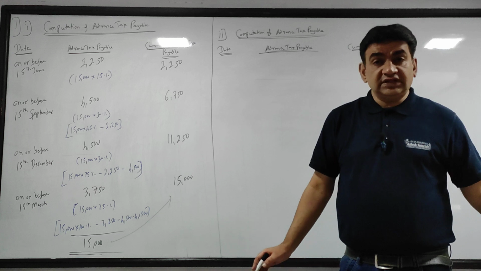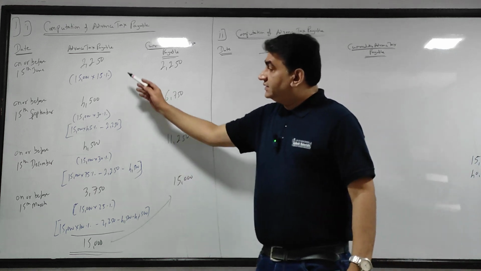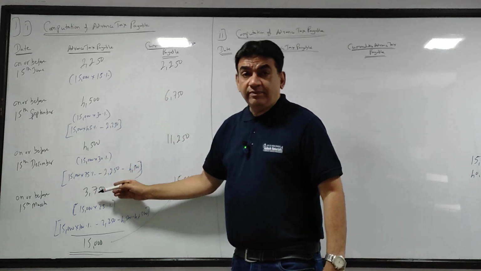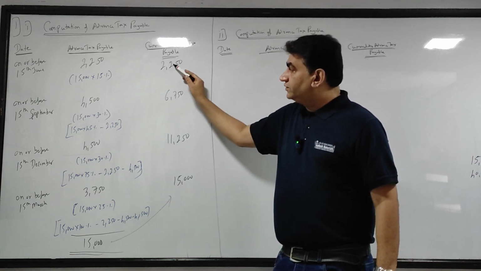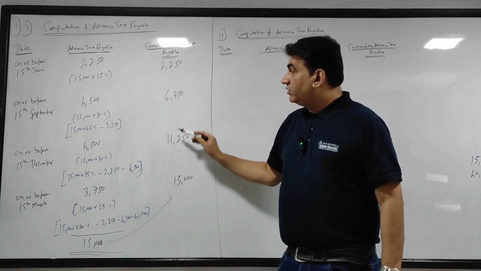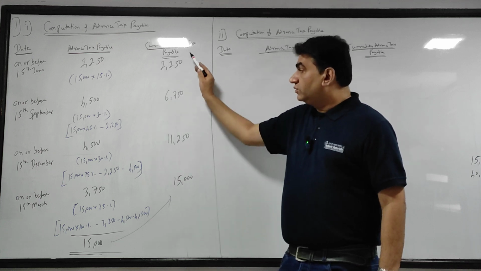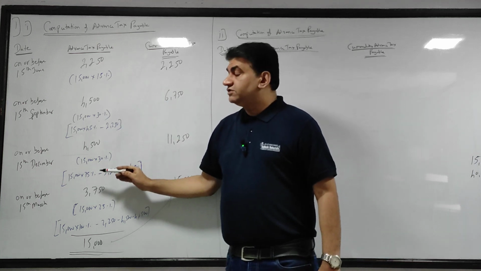Got it? Hope the things are clear. I'll repeat again. This is each installment's amount paid, and this is cumulative. This amount includes first and second. This amount includes all three. This amount includes all four, whereas these four are